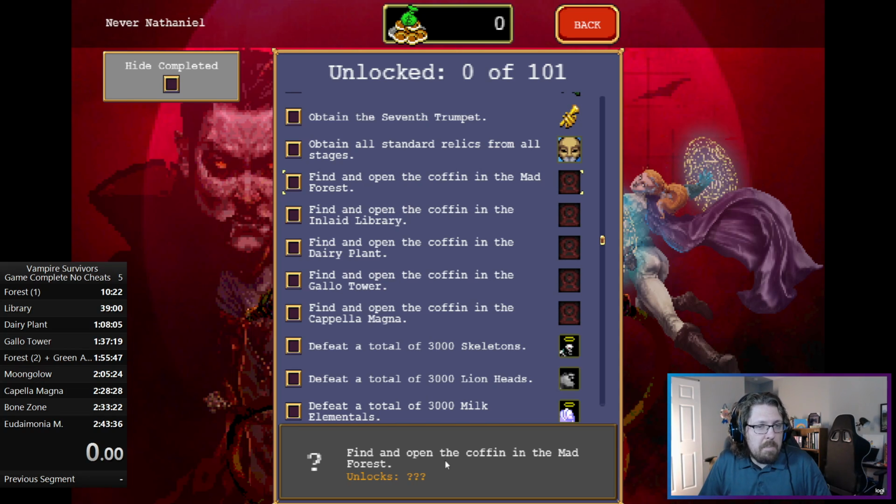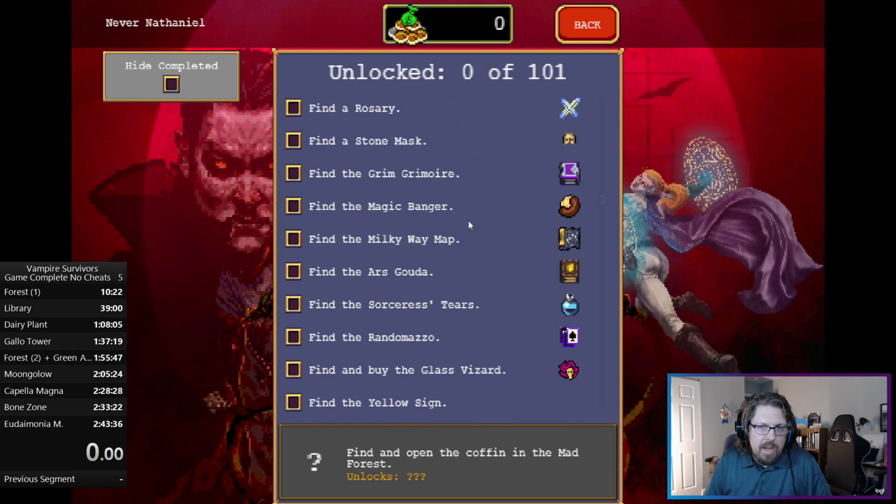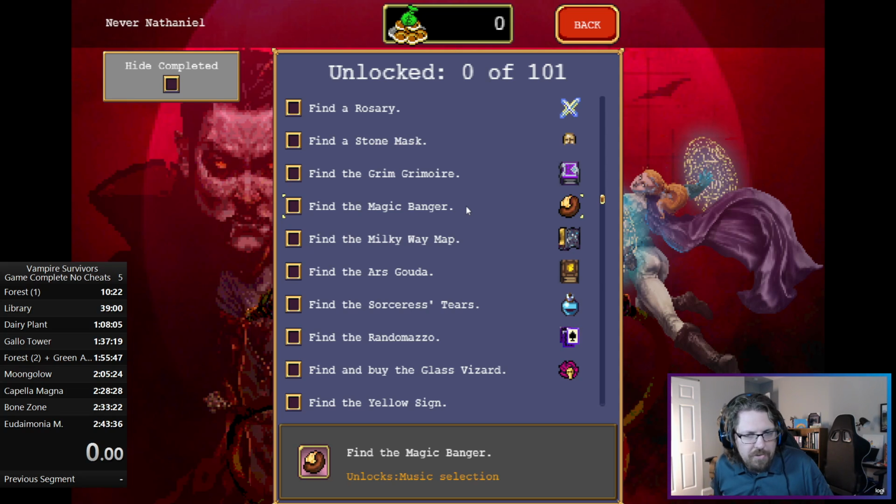But in that, you're really just trying to get to 25 minutes and kill the 25-minute boss, and that's basically it. Once you're done with the forest, you'll want to run into Green Acres, quickly grab the magic banger. It's like 10 seconds away from where you start, so it's a super easy pickup. There are no artifacts or relics in the forest. You don't need to worry about that. So once you've done the forest a second time and completed it and done Green Acres, then you'll want to